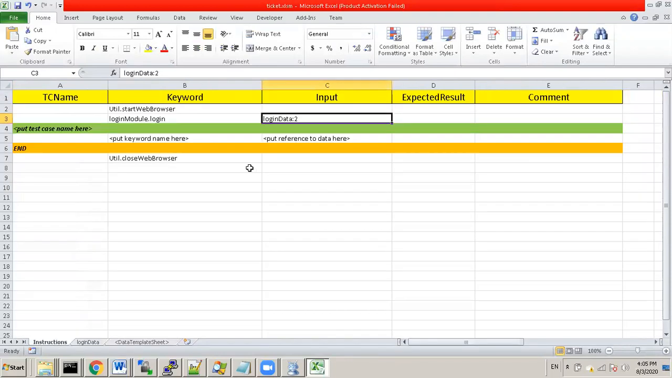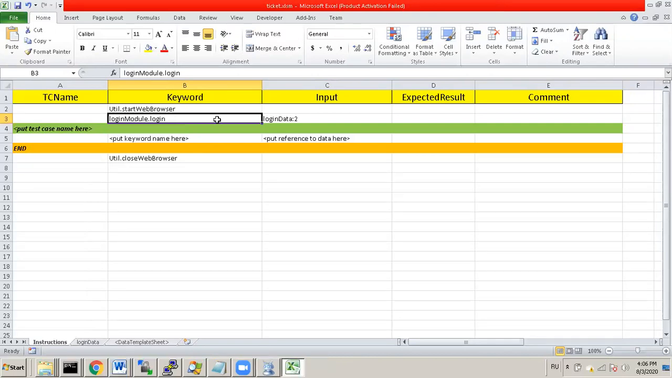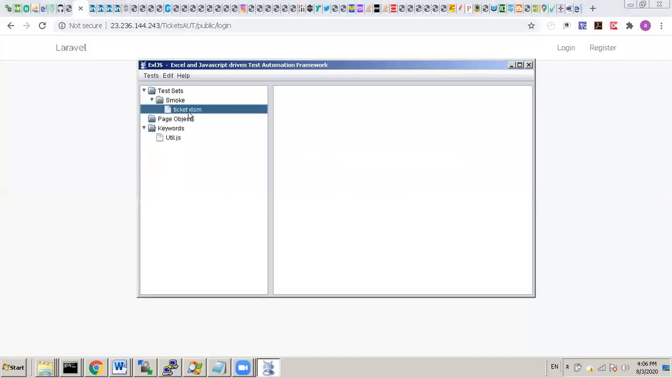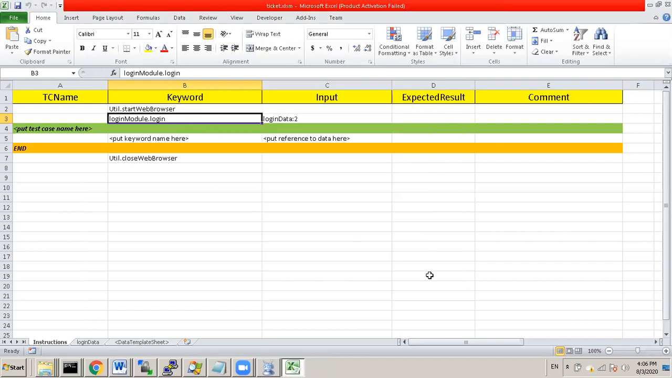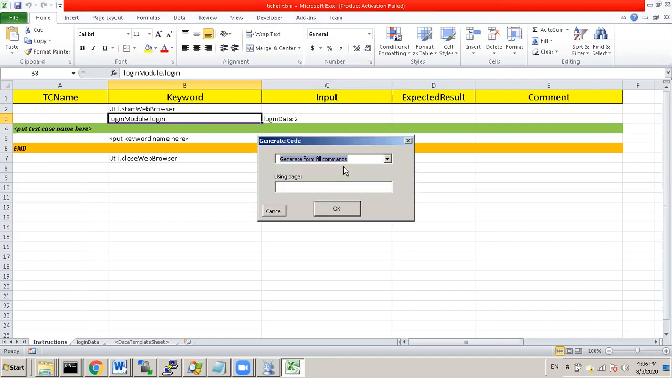Yeah, return back to instructions. Now, based on this test data, I can generate my instruction code. So if I press Ctrl-Shift-G in this cell, it will automatically generate instruction code. Oh, strange, what happened? Okay, let me close it, open again. Okay, press Ctrl-Shift-G again. Okay, this time it will ask me what type of commands to put inside this login